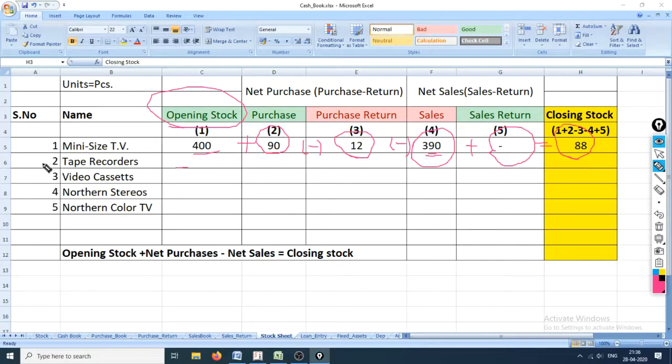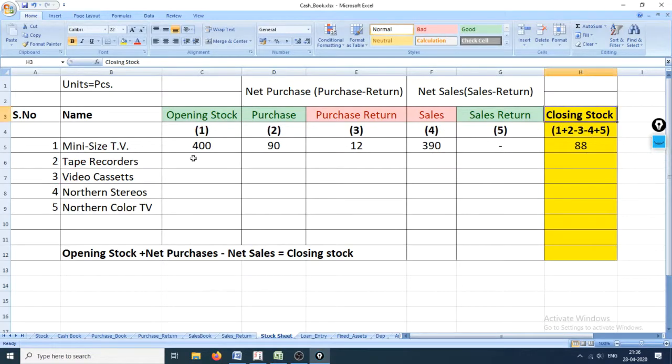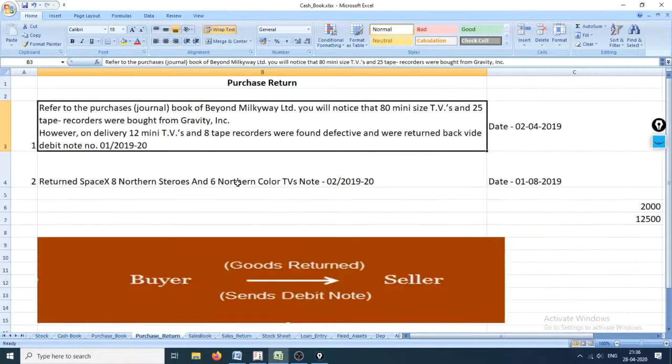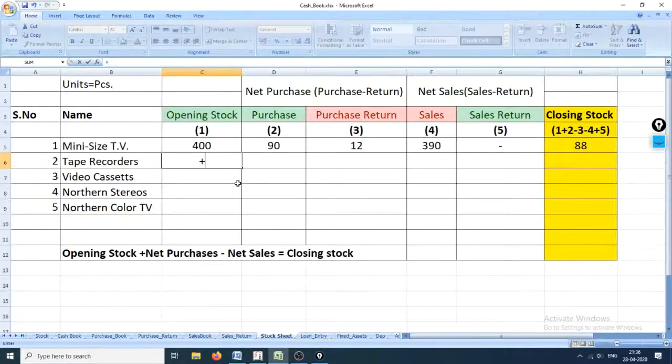So we'll now do this one and this one right here, and then I'll explain how we can see it in Tally and how we can fill this detail fast. Right here I have the tape recorder. Go to the opening of tape recorder. I'll just use the formula.